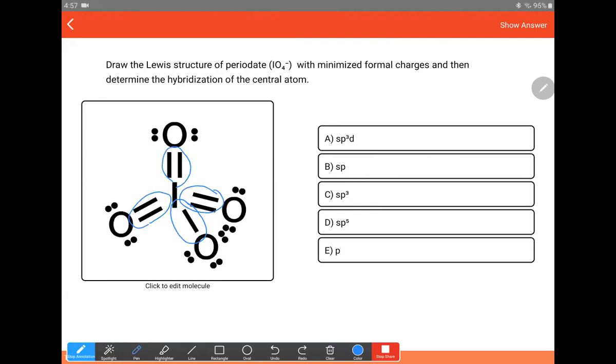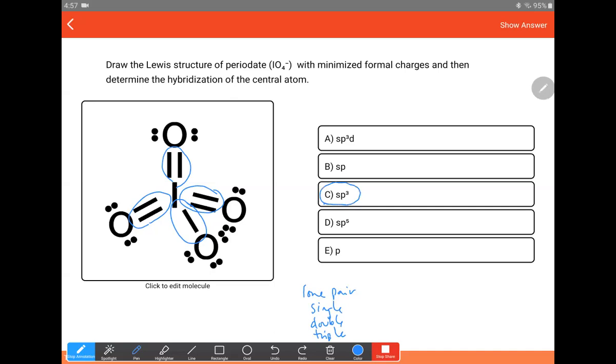An electron group can be a lone pair. It can be a single bond. It can be a double bond, or it can be a triple bond. Those are all 1 electron group. So this has 4 electron groups, no lone pairs, which would be tetrahedral electron geometry, which would be an sp3